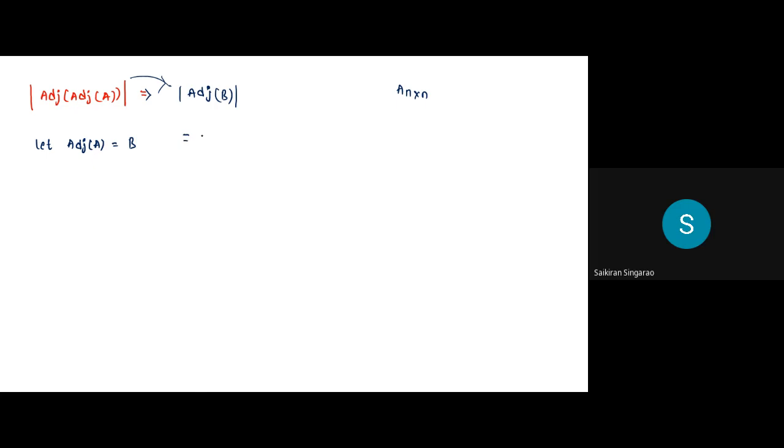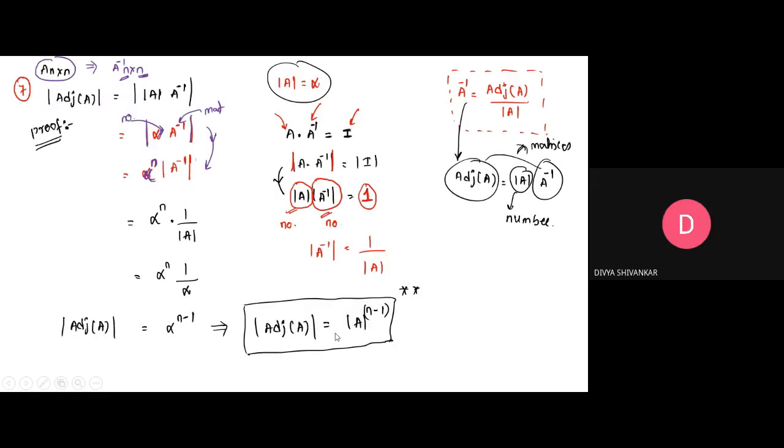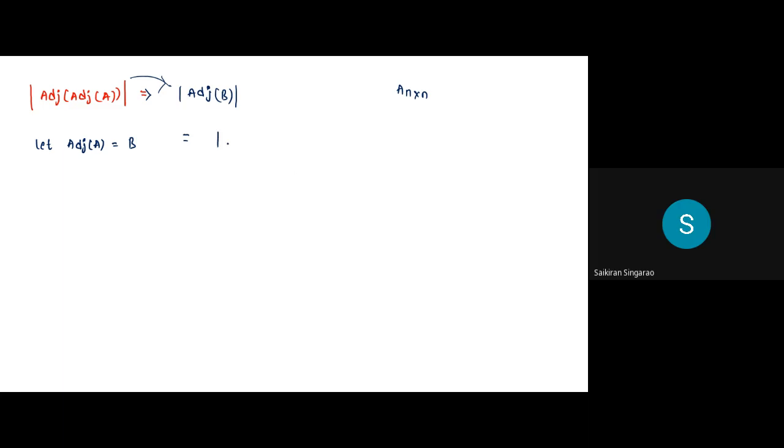So can you tell me the formula for the determinant of adjoint of B? Determinant of B to the power n minus 1. Very good, sir. So determinant of B whole to the power of n minus 1. Correct. But what is B? B is adjoint of A. Now, to the whole of this, A power n minus 1 is already sitting. Now, again, what is the determinant of adjoint of A?